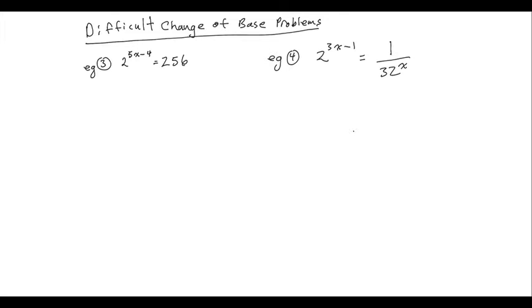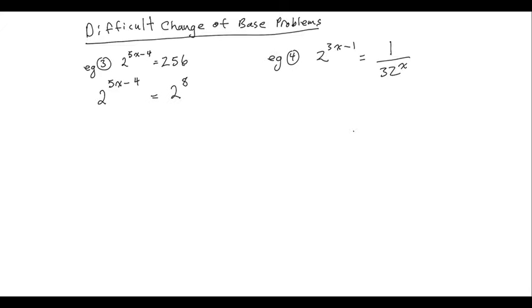Another set of difficult problems deals with solving using change of base. So we'll do an easy one to start. All the easy ones you were able to do before, but this time we're going to take a look at the following. For example 3, we have a base 2 raised to the 5x minus 4, and we have 256. In order to use change of base, we have to make sure that both sides have base 2. So we have 2 to the 5x minus 4 is equal to, well, 256 as base 2 would be 2